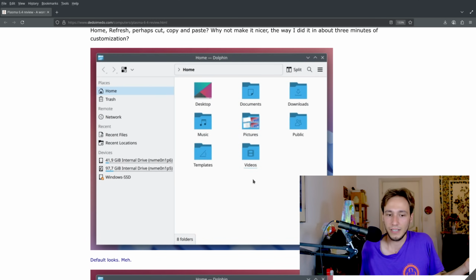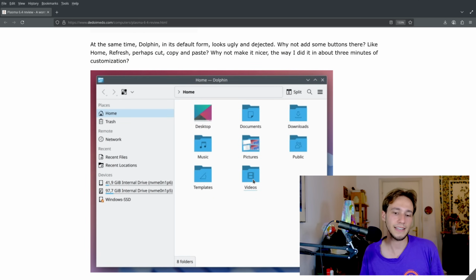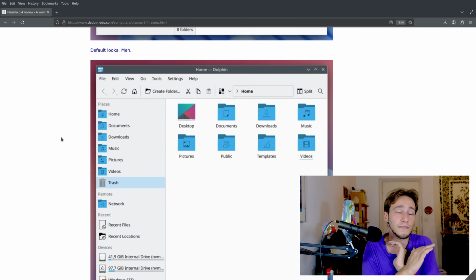And what we have found is that, generally speaking, users react better to a hamburger menu. This is our impression. So this is what we're going with. It's a nice hamburger menu that, if you like, you can customize. And if you add actions to it, like if you add the back icon to the hamburger menu, then it's going to disappear from the toolbar. So we did our best with a good hamburger menu. It's consistent between applications. And generally speaking, it seems to work better compared to the classic menu bar that you can still take zero effort to get back to if you prefer. So,